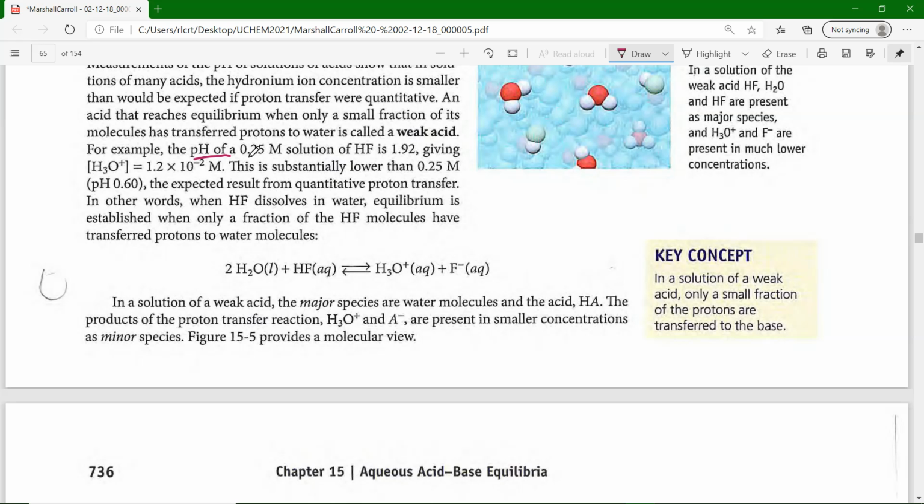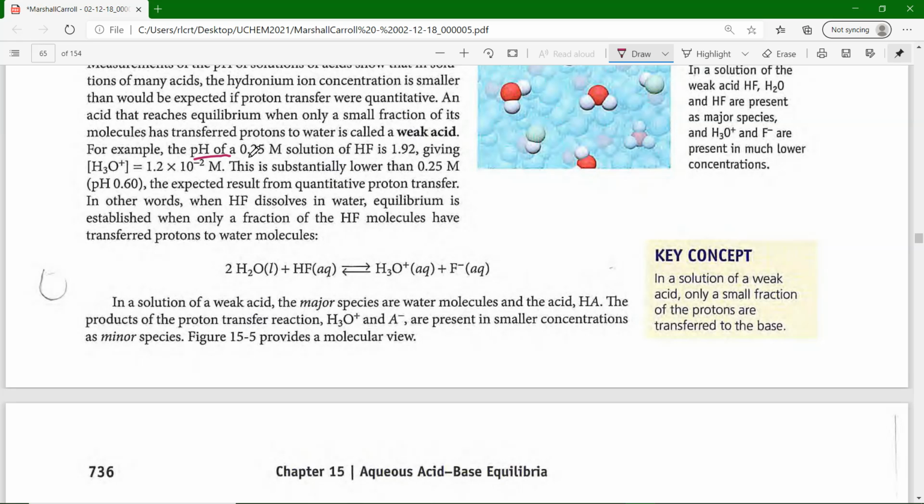The fact that the pH of hydrogen fluoride, or hydrofluoric acid, the naming system we use, is not 0.6, but rather is 1.92, gives us a clue that, hey, HF is not a strong acid, it is a weak acid. Not all of the 0.25 moles in a liter